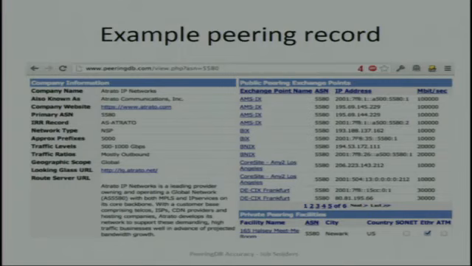An example PeeringDB record might look like this. In the upper right corner, you'll see a listing of internet exchanges, and next to it IP addresses, and then bandwidth information. You can lie all you want. Nobody will check this information. And in the left side, you'll see various nuggets of information like which IRR record could be used, or the company name, or phone numbers, anything you want. It's your record, and you can fill it.